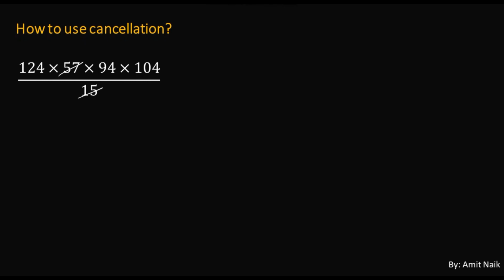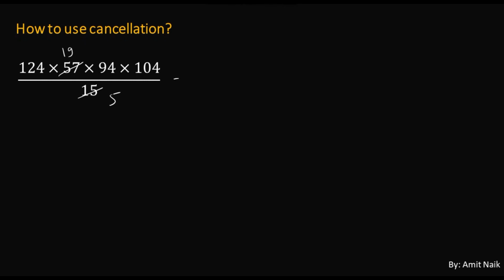So if I cancel, this becomes 5, and if I cancel, this becomes how much? 3 ones 3 and 3 nines 27. So what I have done here is I have simplified the divisor and a term in the numerator by a factor of 3. Now I have a new question altogether. Remember, I have reduced the whole calculation from both numerator and denominator by a factor of 3. Now let me solve it further.